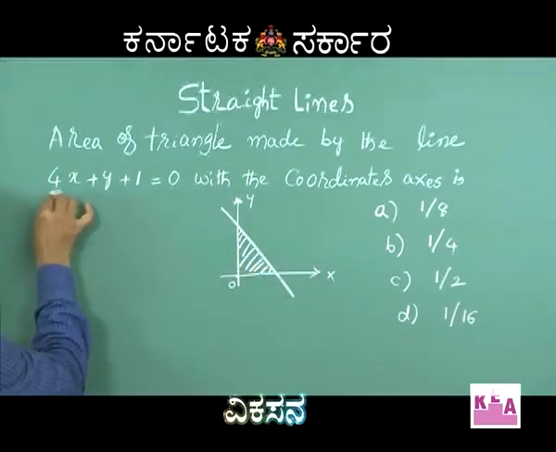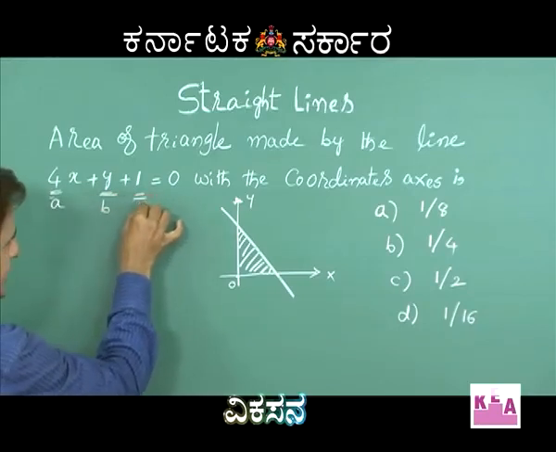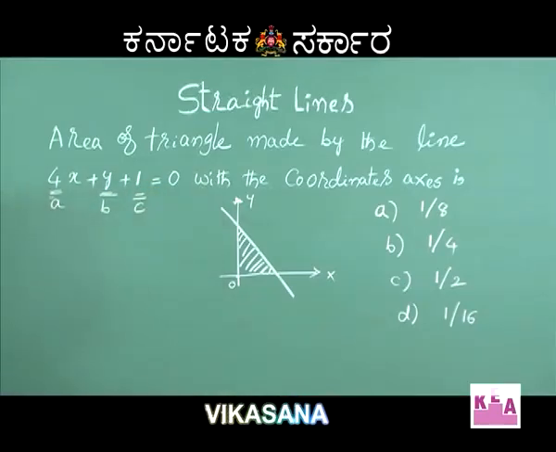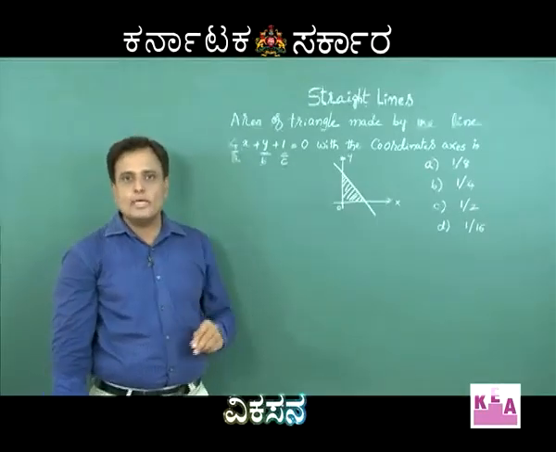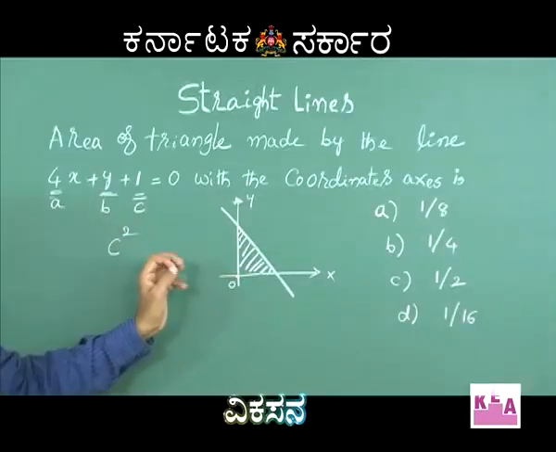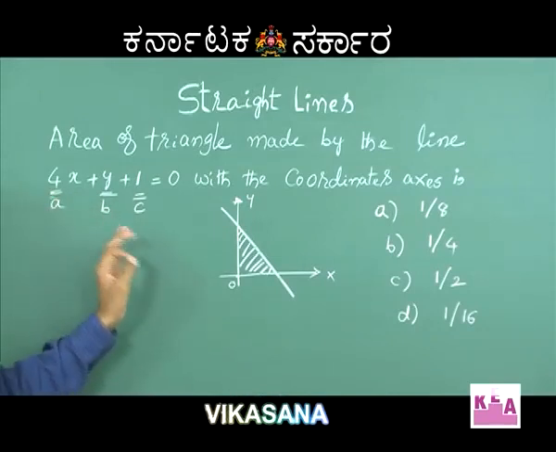In the given line, A is 4, B is 1 and C is equal to 1. To find this area, the direct formula I am going to give you is a trick,